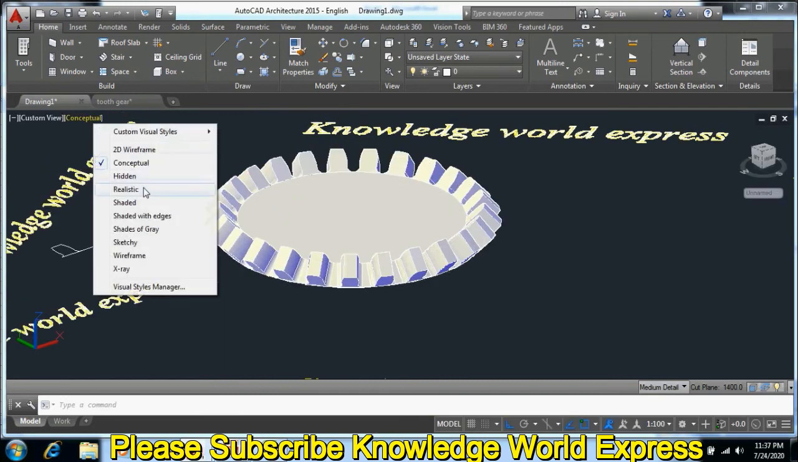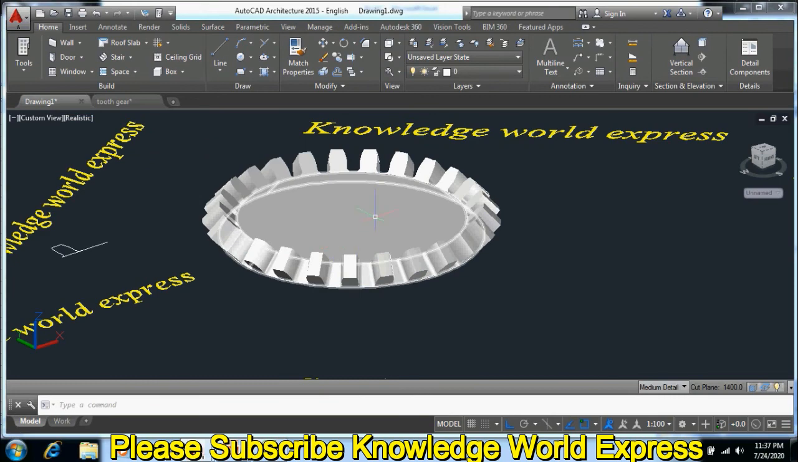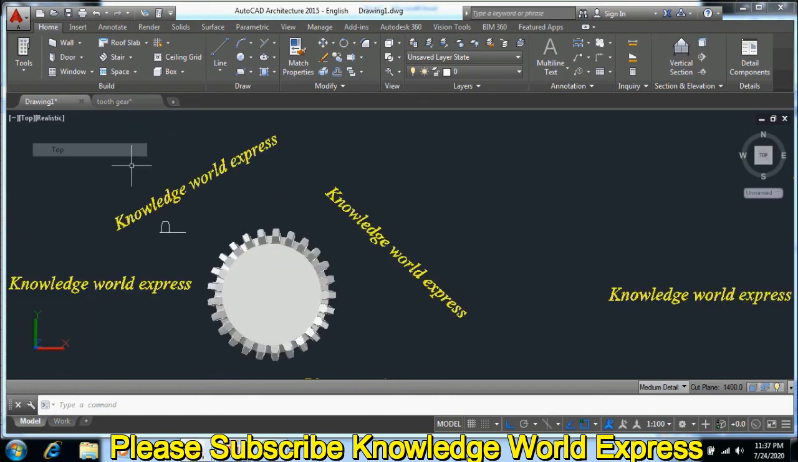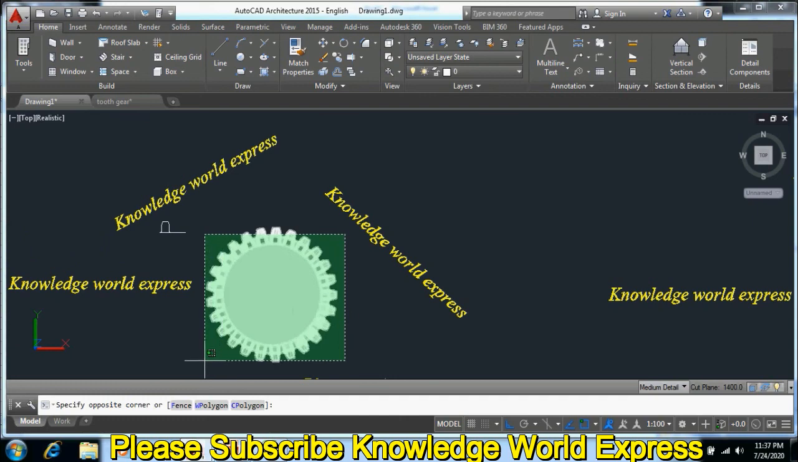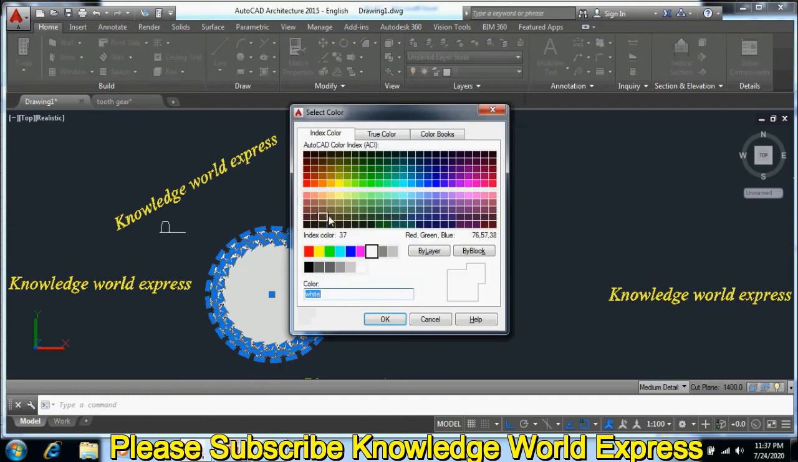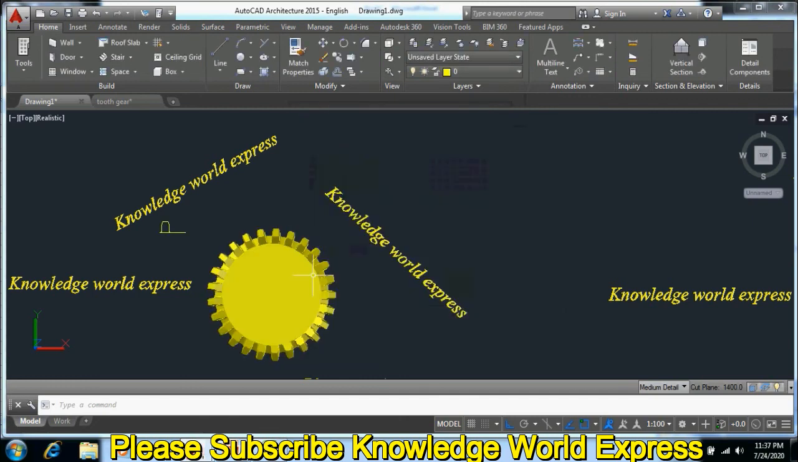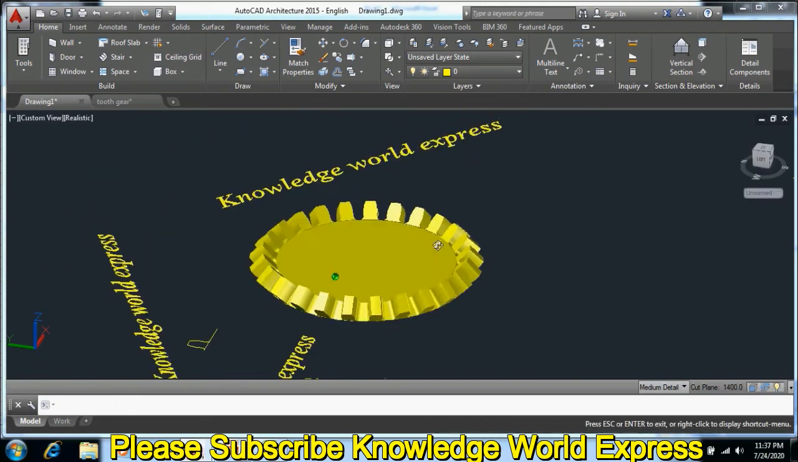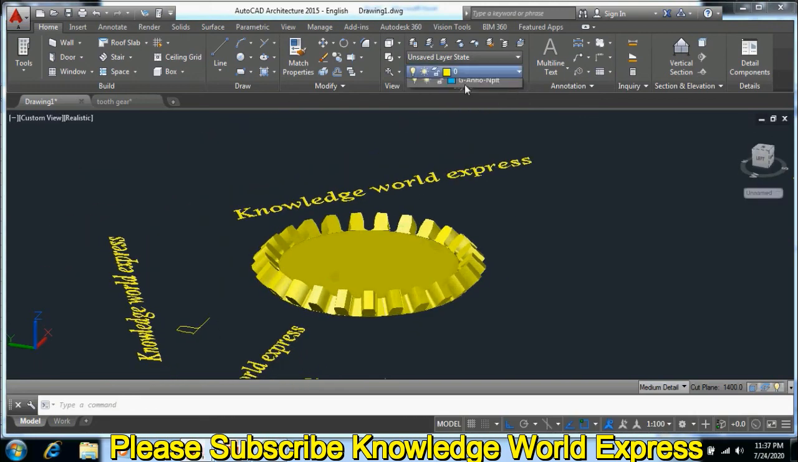You may also see it in realistic view, and you may also change the color of this whole object by selecting the object, go to layer and just click the color, that is yellow color, and our bevel gear is ready in yellow color. You may also change the color of the object